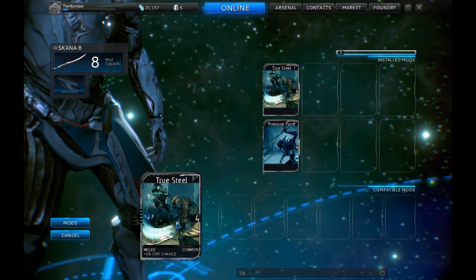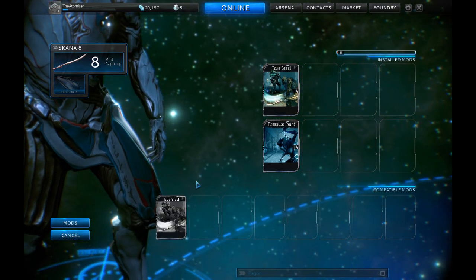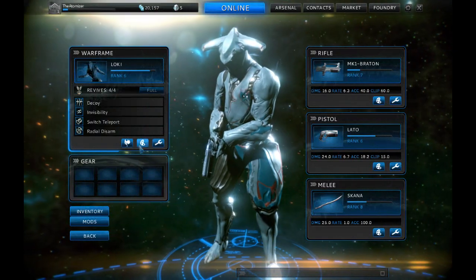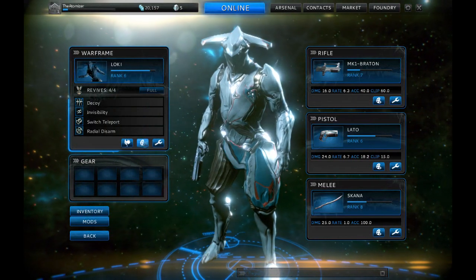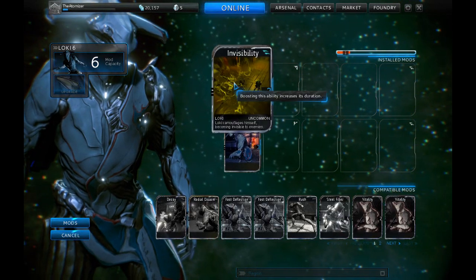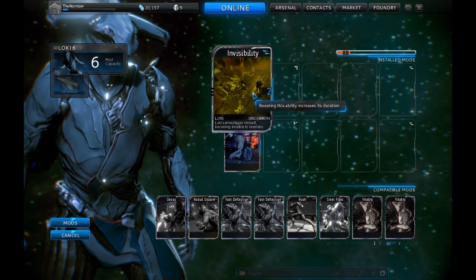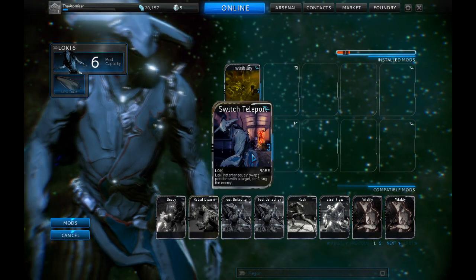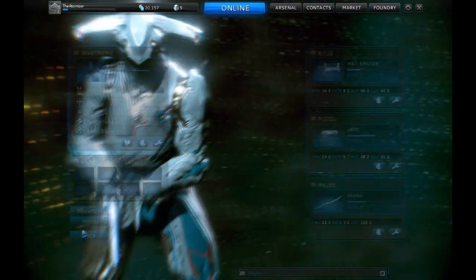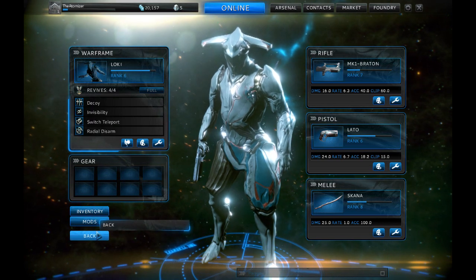Sorry, there's nothing I can install because I'm apparently awful at this game. But you kind of see the modding system here. You can also change your colors. Not a big deal. I could add more health. But you can see on my suit, the only two things I have are my invisibility and my switch teleport, which are both very handy. The other two, radial disarm might be okay, but other than that,